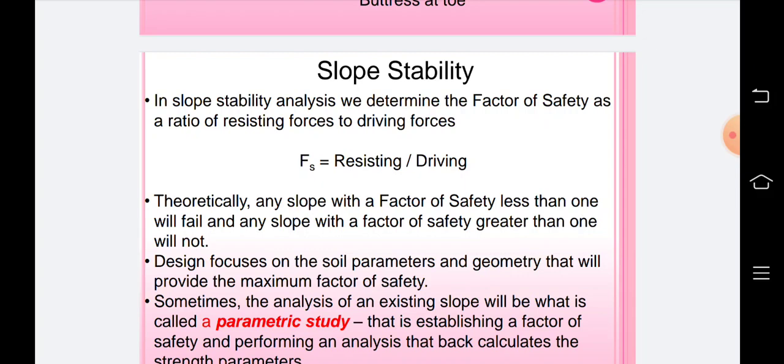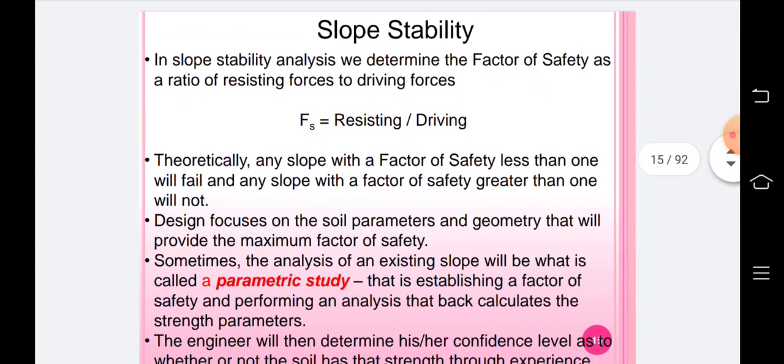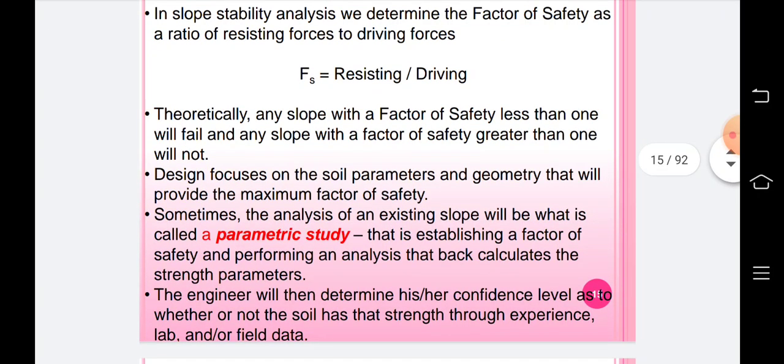So this design focuses on the soil parameters and the geometry that will provide the maximum factor of safety. Sometimes the analysis of an existing slope is what is called a parametric study, that is, establishing a factor of safety and performing an analysis that calculates the strength parameters. The engineer will then determine his confidence level as to whether or not the soil has that strength, through experience, by lab,